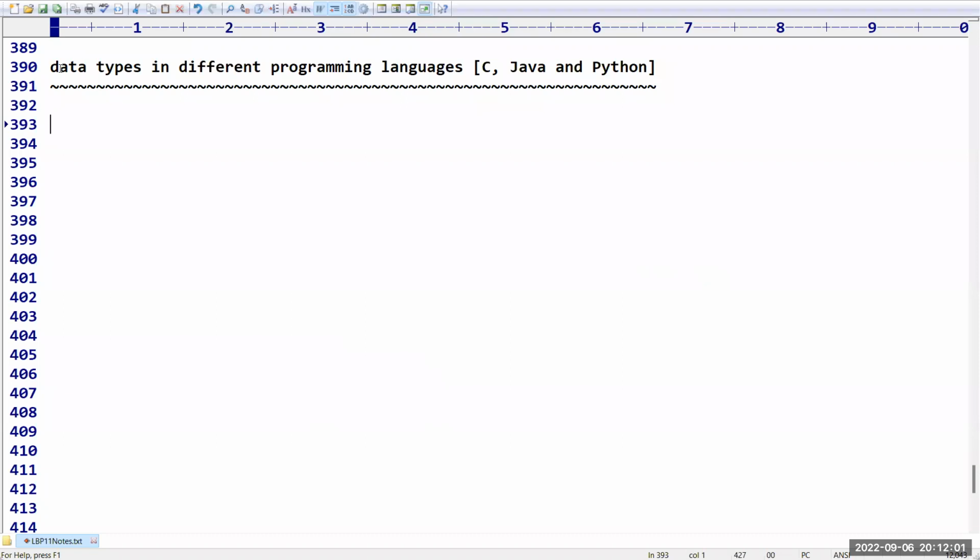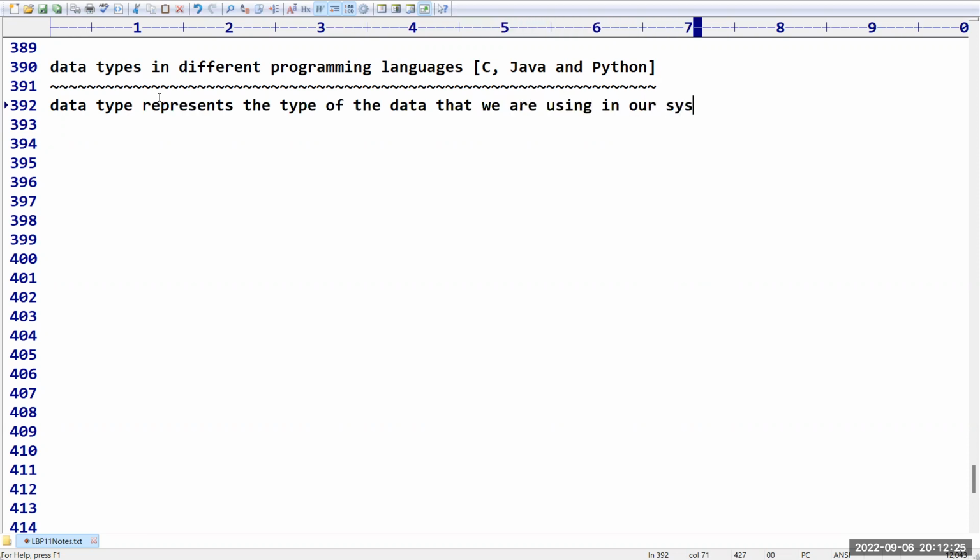It is nothing but what kind of data we are using in the programming. Data type represents the type of the data that we are using in our program.